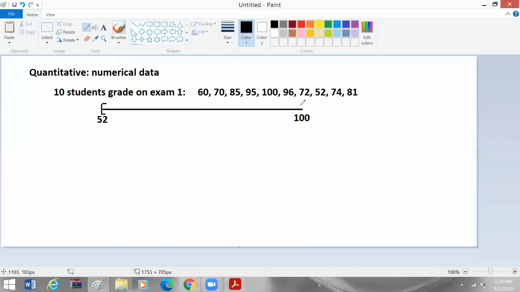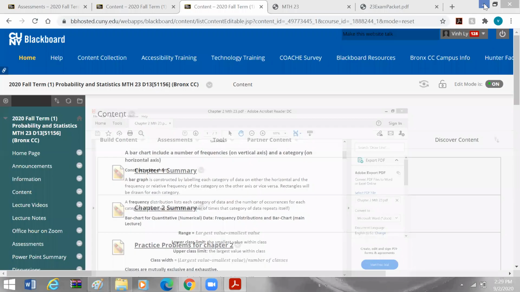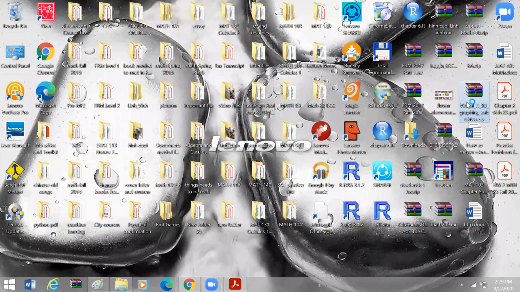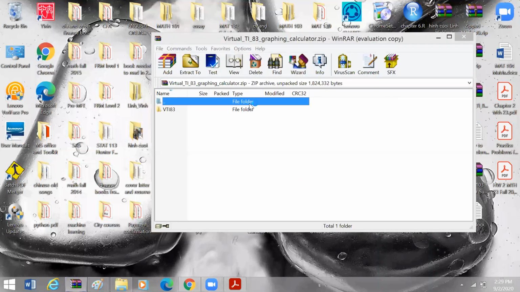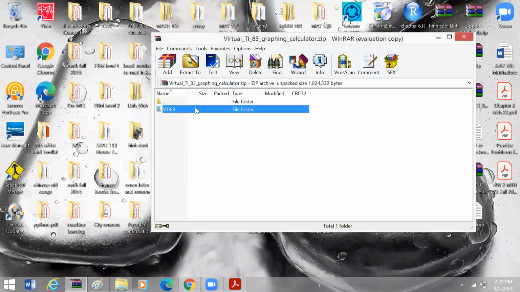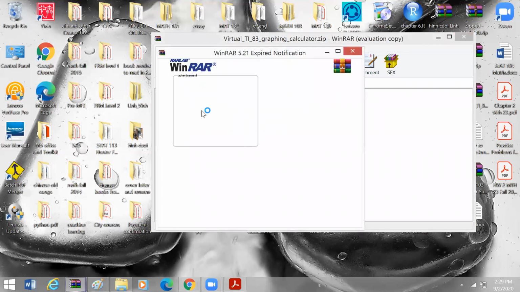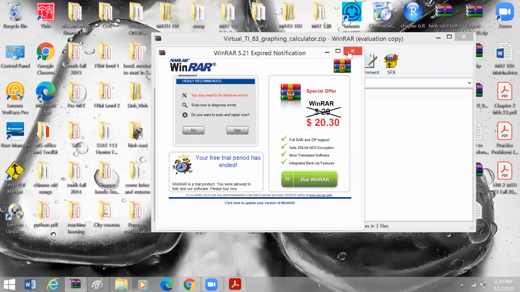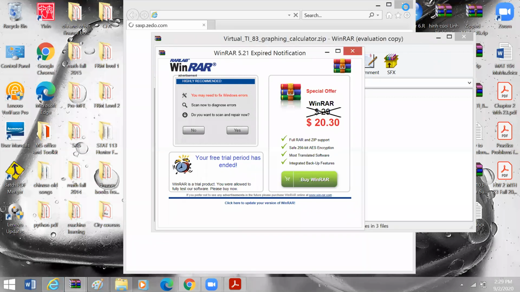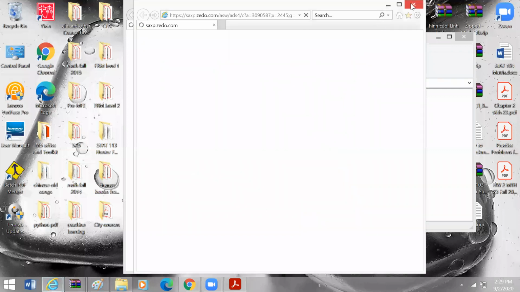So the range that we have, we're going to do the math. Let's say we have 52 subtracted from 100. We're going to use a calculator for this class, and the reason we use this calculator is because it's available on Blackboard and it doesn't cost any money. That is a good thing, unless you want a physical calculator, which is even nicer. If you don't have WinRAR, make sure you download it so that you can open the files coming from that app. That's important. It took me a while for this as well.